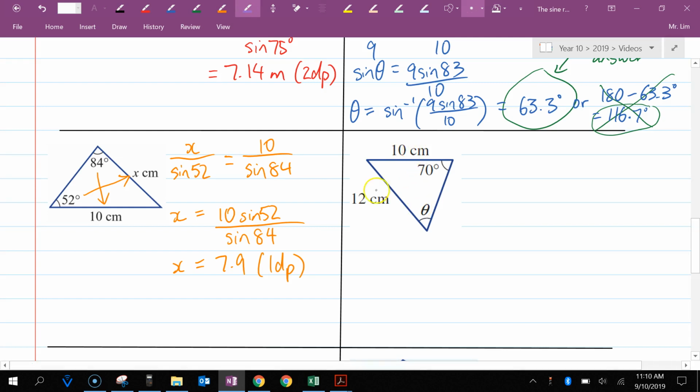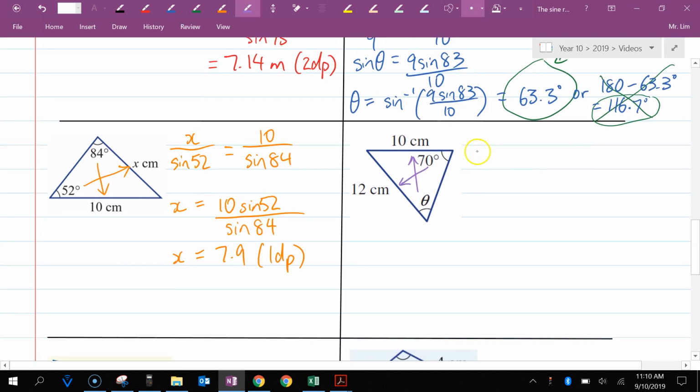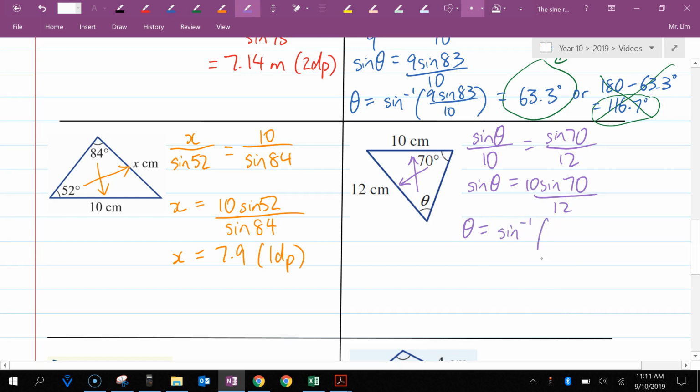Okay, here we've got two sides and two angles. They match each other. So we'll set up our working. Sine of the angle, because we're finding an angle, we put the angle at the top. Sine of the angle over the opposite side is equal to sine of the angle 70 degrees over the opposite side. So sine of theta has to equal 10 sine of 70 over 12. So theta has to equal the inverse sine of 10 sine 70 over 12, which is equal to